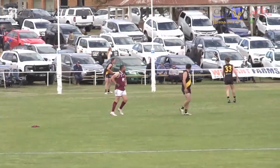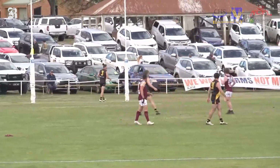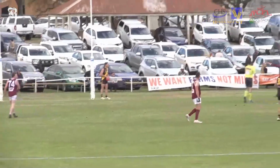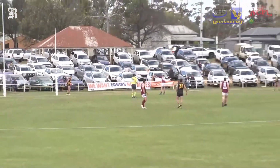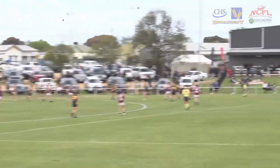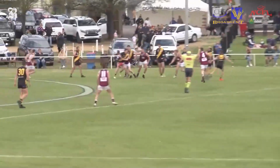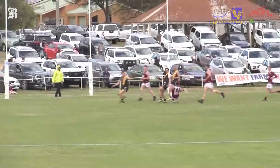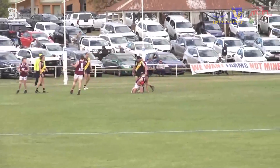Quite cool conditions here and windy, so Jordan Barth to take the kick for the Tigers. Lex to go down the grandstand side. It's outside 50, but there's no mark. It's picked up by Nullawil. They kick it straight back towards the hot spot, and a good mark there to Sam Goldsmith directly in front